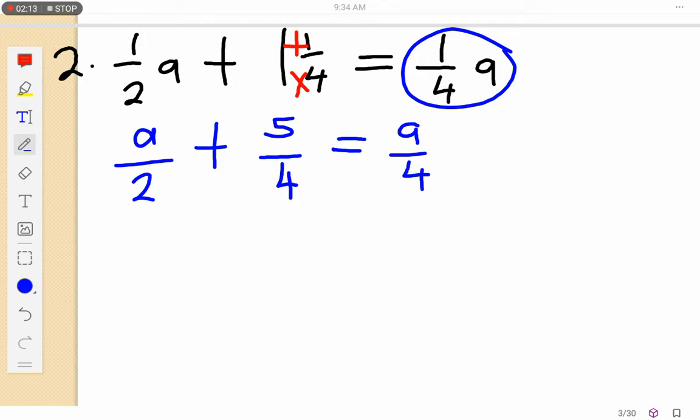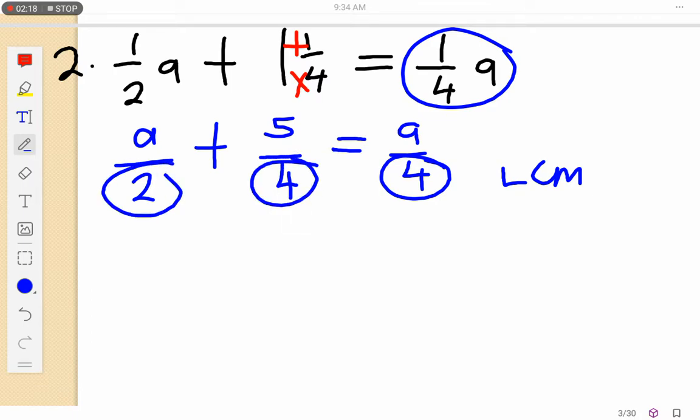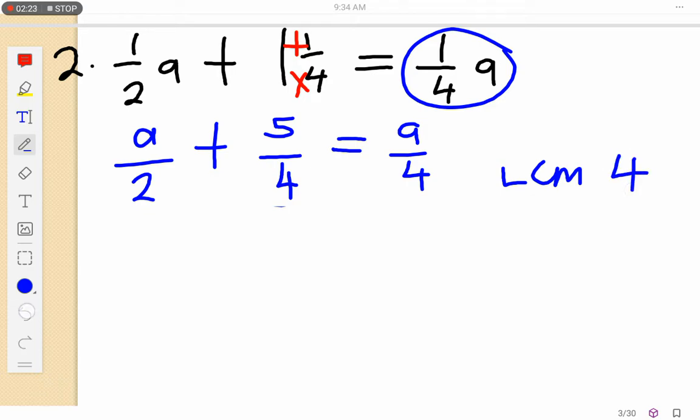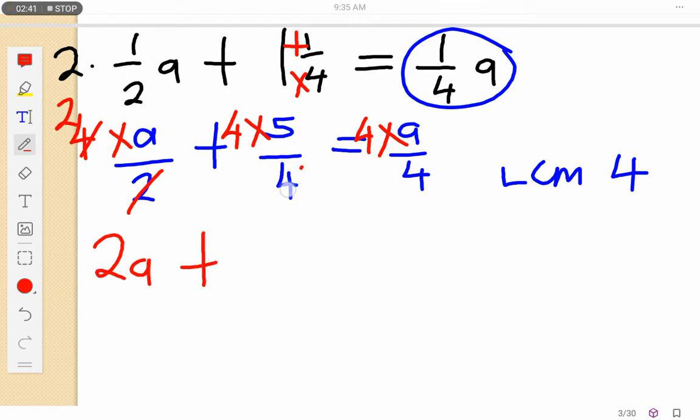Okay, so the lowest common multiple for these denominators is, I can think of, 4. So I'm going to multiply everything with 4. Let's multiply everything with 4. So I'll multiply by 4, multiply by 4, multiply by 4. So 2 into 4, we get 2 times a, I will get 2a, plus 4 into 4, 1, 1 times 5, I get 5, is equal to 4 into 4, 1, times a, I'll get